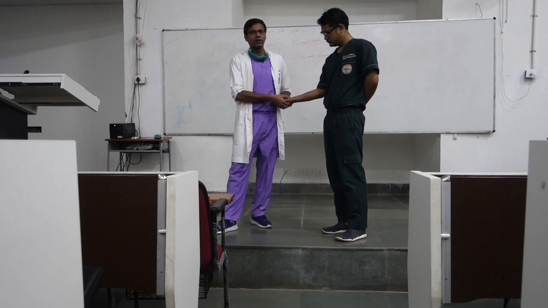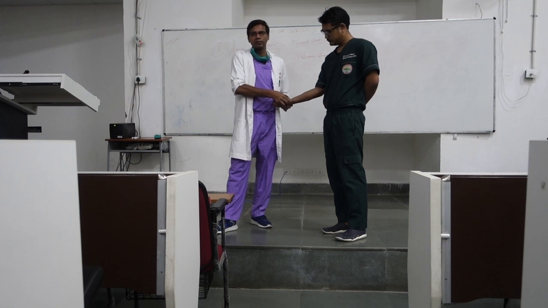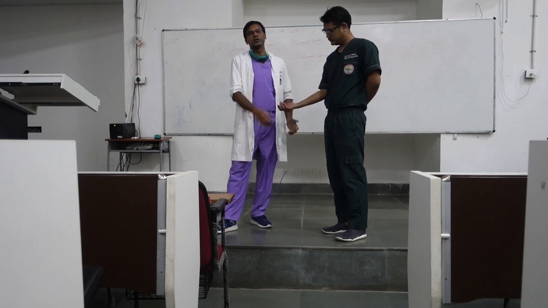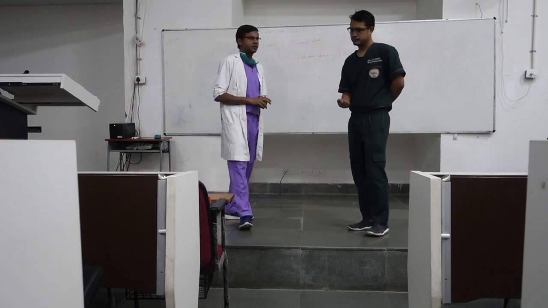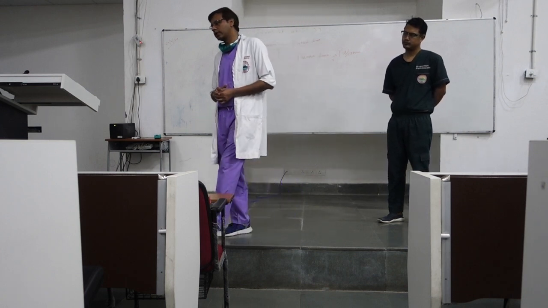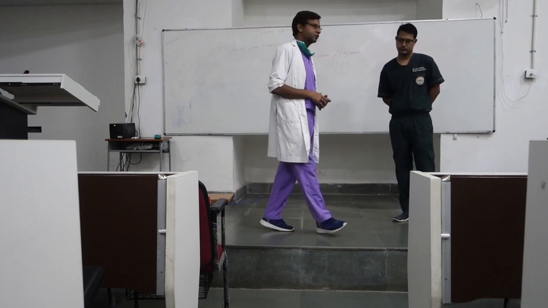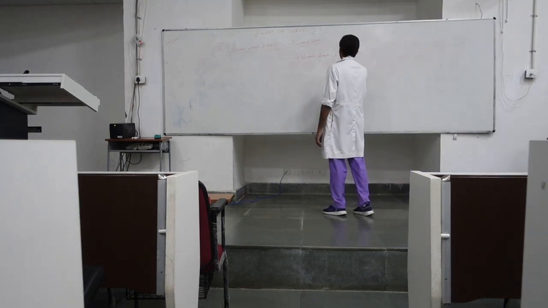Pisotriquetral arthritis. So what you do, you just catch hold of the pisiform and you grind against the adjacent bone. If the patient is complaining of pain in this maneuver, that probably, I have not seen any patients of this, but they say that probably you are dealing with a case of pisotriquetral arthritis, and this test is called the pisotriquetral grind test. Now the more important is the hook of the hamate.